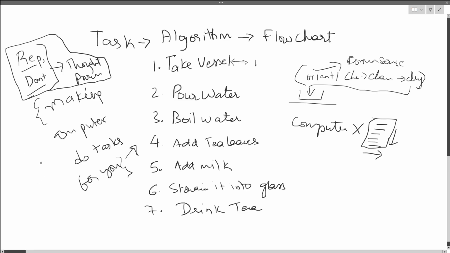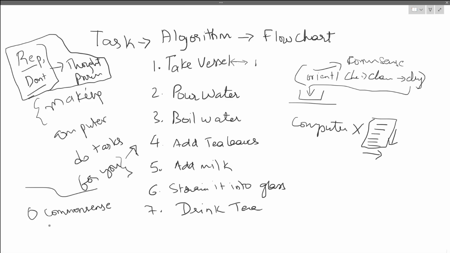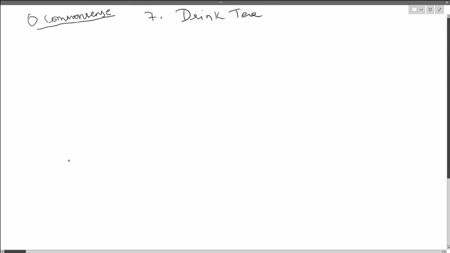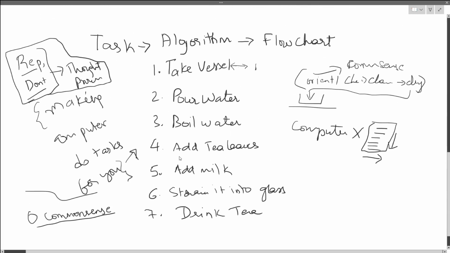But the thing is, a computer is like a child with zero common sense. Imagine you are explaining something to a child with zero common sense. They do not have any kind of common sense. How will you explain something to them? That is how you have to write a program. You have to know that there is some chance of things going wrong, because there is zero common sense. If you take a small kid and tell him these 7 steps of making tea, he will either